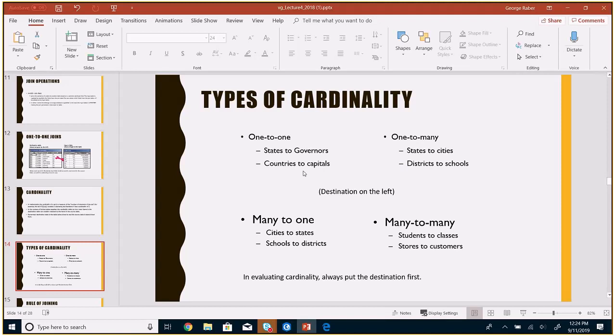Districts to schools. Most districts have more than one school, but not necessarily all. There's just Mississippi, I know there's a few districts that have a single school associated with them. All right. Now, both of these are much more common in what we're going to do as GIS